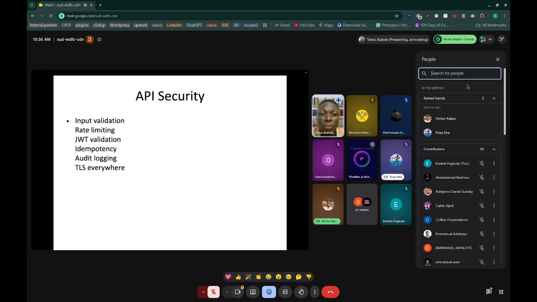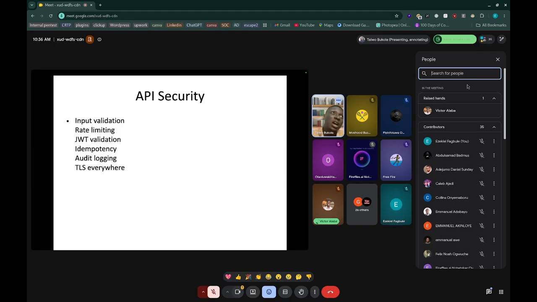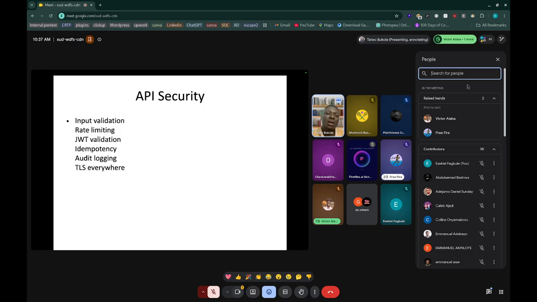The other one is idempotency. Idempotency helps you with deduplication, where someone is performing requests multiple times, especially when building a transfer or transaction system. Say a customer enters something and clicks transfer now, but because it's taking time, the user keeps pressing transfer.